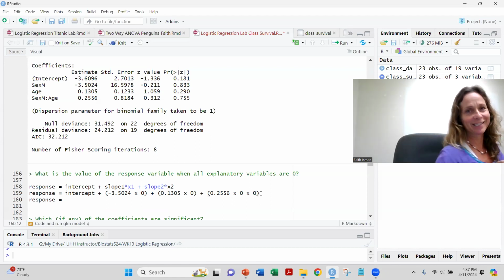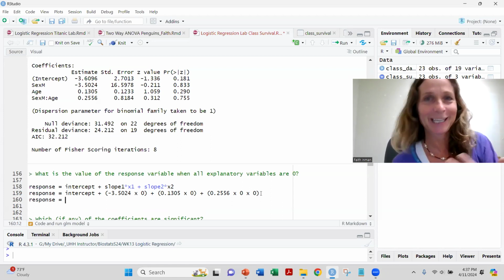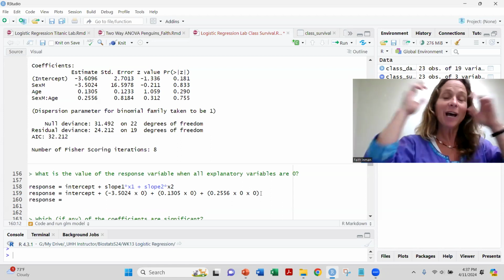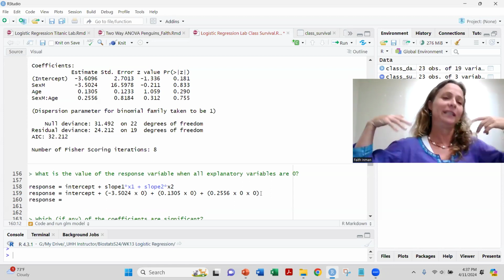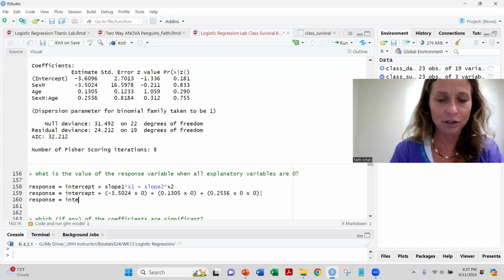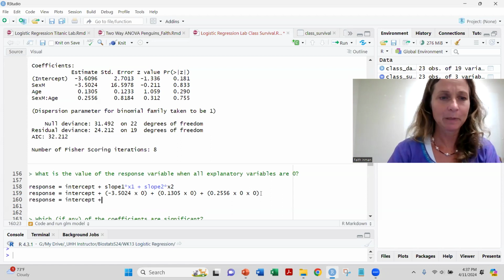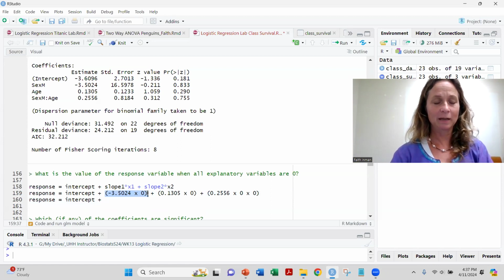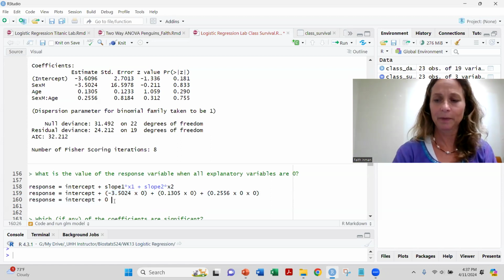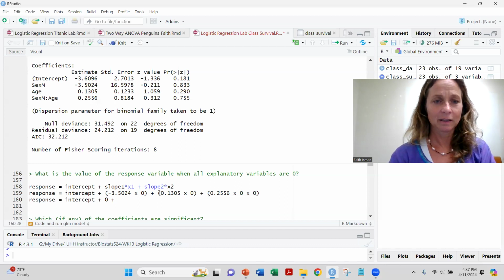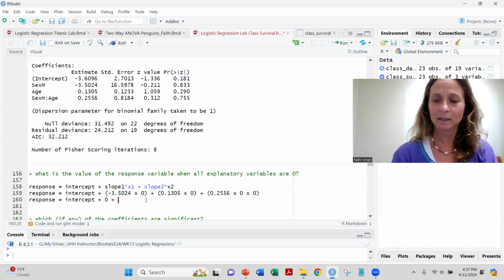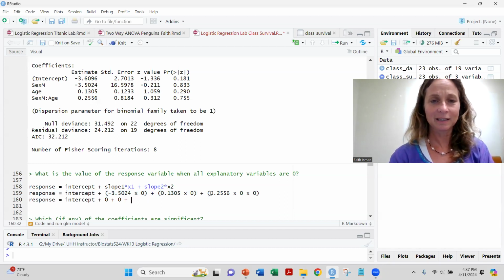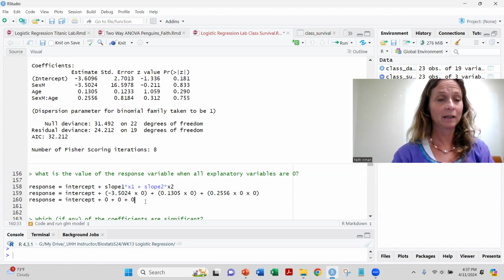Did I tell you I used to teach grade school math, when we went over multiplication tables and zeros and what happens when you multiply anything by 0? You get 0. So you would get the intercept plus the slope times 0 is 0, plus the slope times 0 is 0, plus the slope times 0 is totally 0, which works out to be